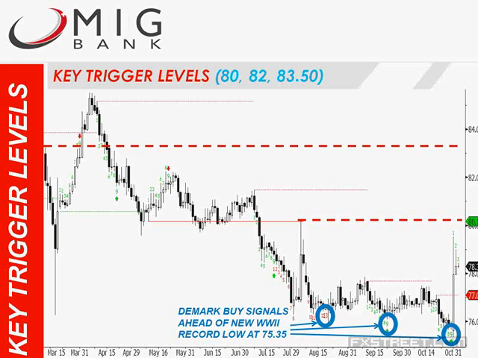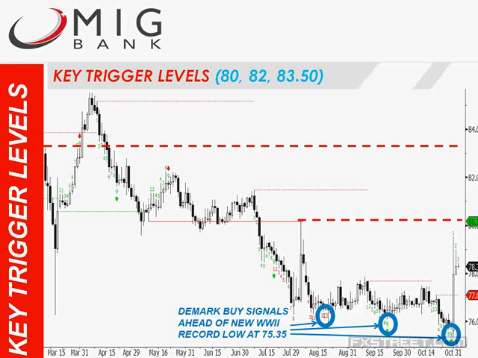Now, keep in mind that on the downside, of course, the key level is the post-World War II record low, now at 75.35. We keep on posting new post-World War II record lows. But the interesting point I want to make here is the market indicators, which I mentioned, which are market timing indicators that highlight key turning points in the market,